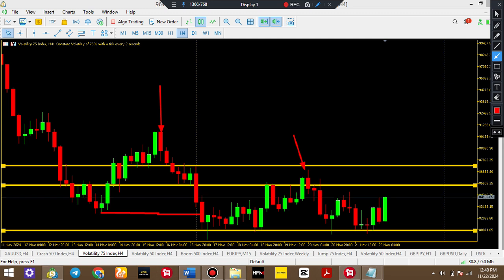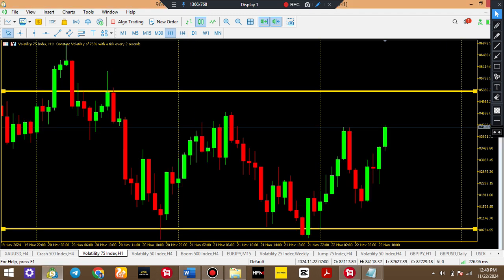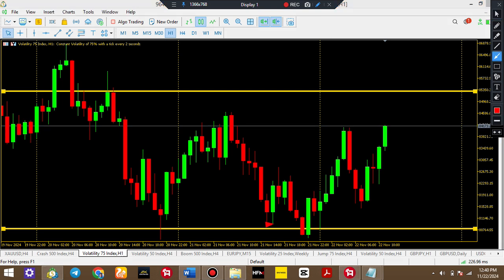Exactly. But if you go to the 1 hour time frame now, the truth is that you'll be able to leverage on this up move, right? Because on the lower time frame, I can tell you that price broke structure here. There was a mini break of structure here. This is why you really need to understand market structure. So we can say this is a little mini break of structure.